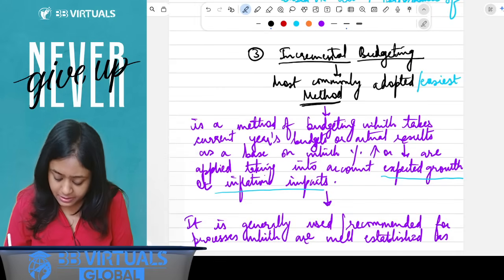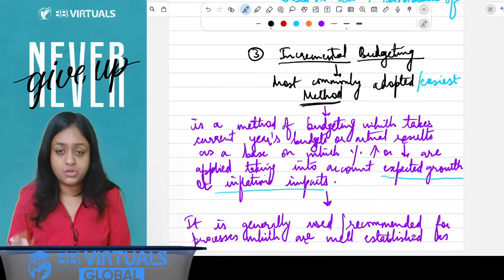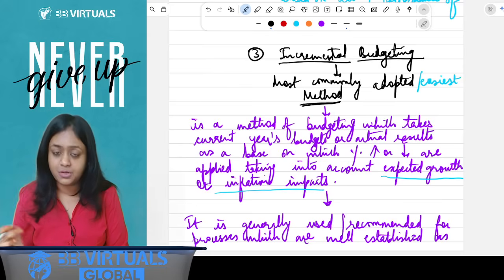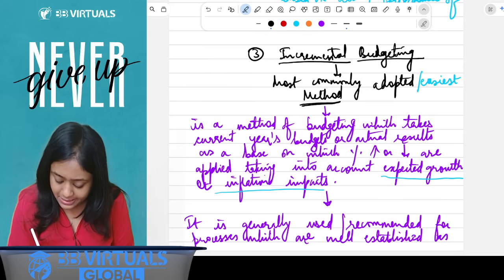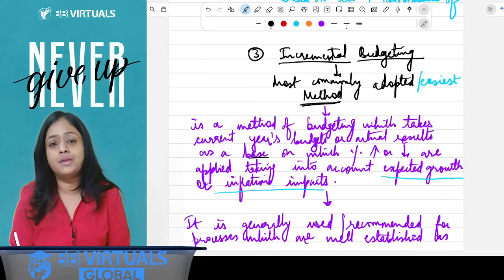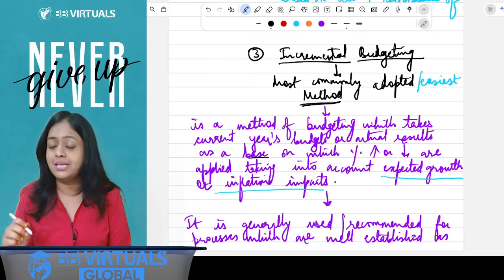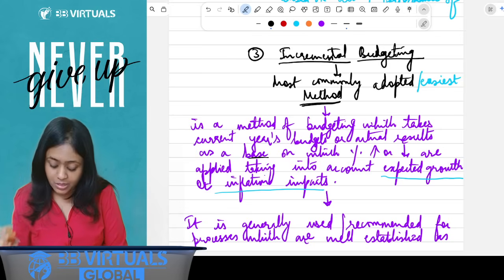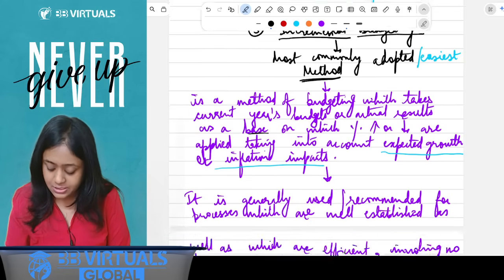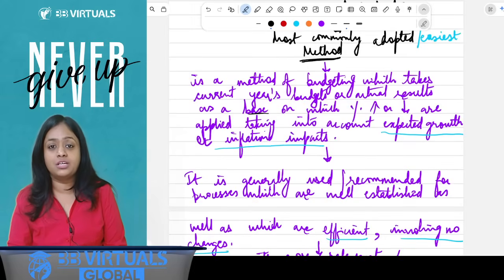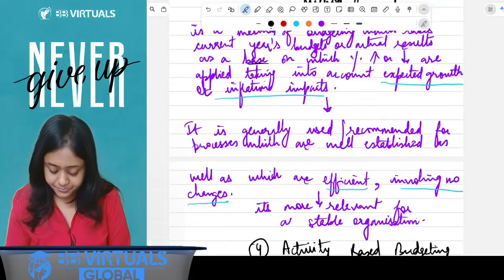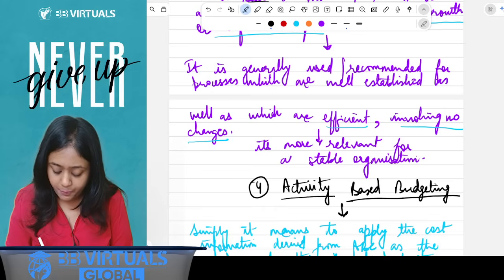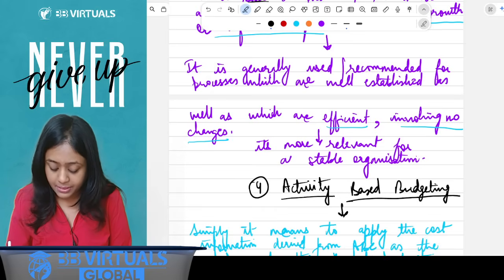In this method, we take the current year budgets or the actual results, whatever is the case. Typically we take actual results only as a base, and on this we apply a percentage increase or decrease that the managers expect the expenses to go up or go down. Okay, and it takes into account the expected growth based on inflation. It is generally used or recommended for processes which are well established,